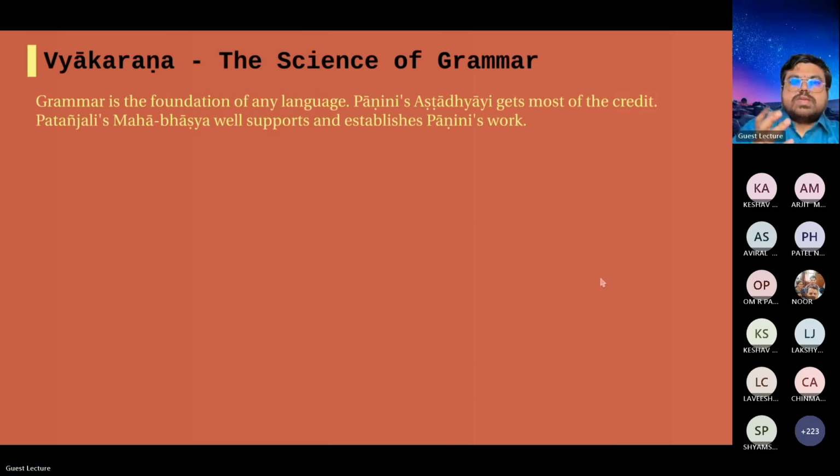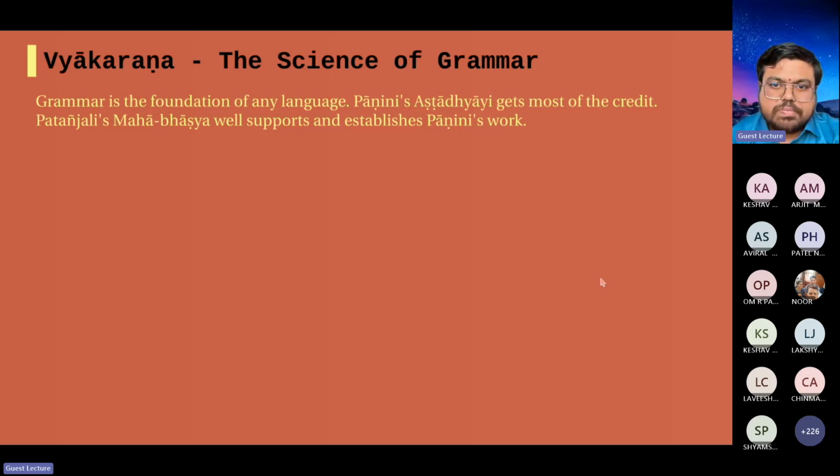Like we say, karta, karma, kriya is the fundamental trinity in grammar. But in real life also that is the case, right? There is always a doer, there is always a done, and there is always a process of doing. This trinity cannot be escaped in our life, which means even in grammar you can't escape it. In fact, the whole creation is said to be a grammatically precise story uttered by God,